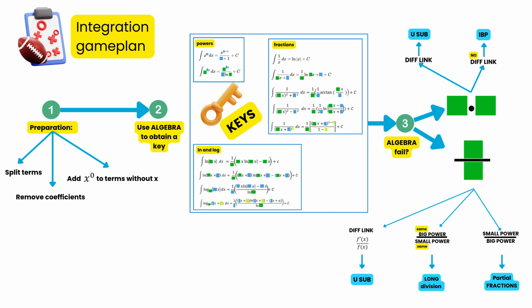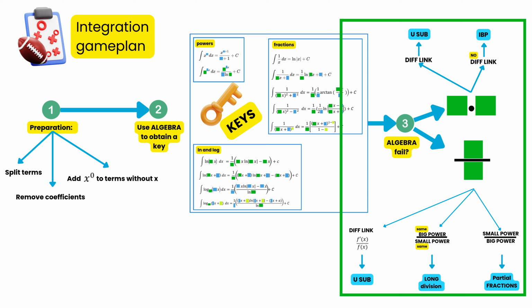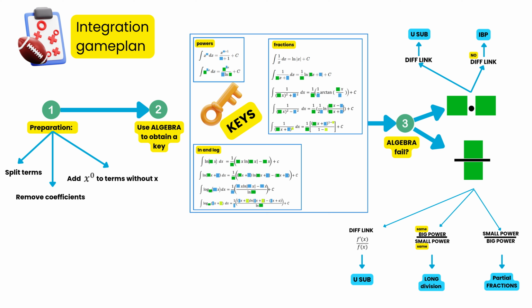In this video, we're focusing on step 3 of our integration game plan. It's crucial to keep the big picture in mind. Steps 1 and 2 covered how we integrate and how we use algebraic or trig manipulation to match one of our keys. But what do we do when we can't use algebra or the usual trig identities/reductions to rewrite the